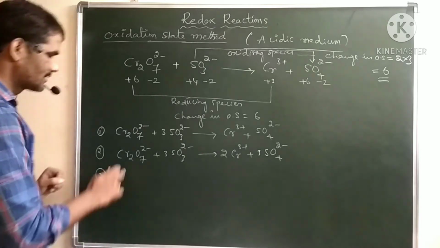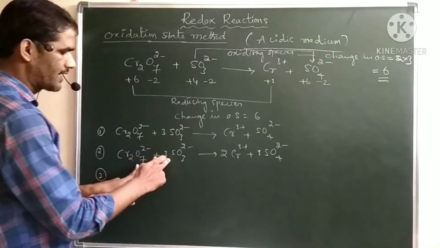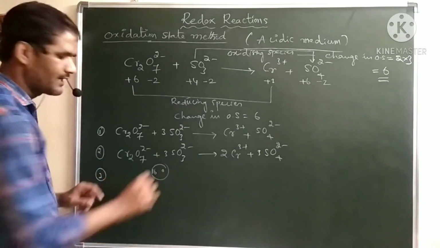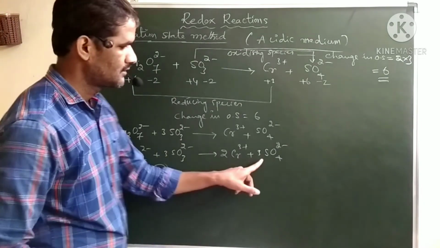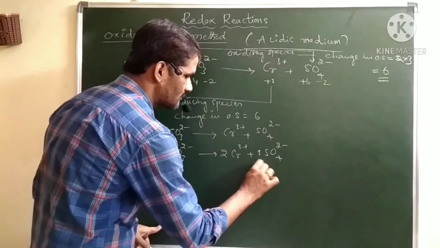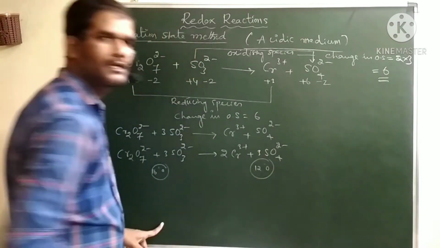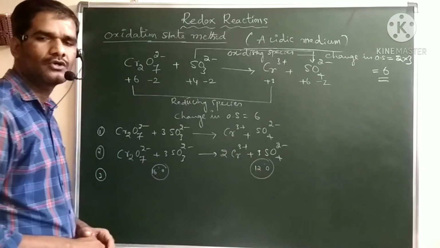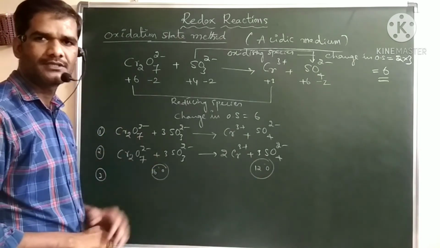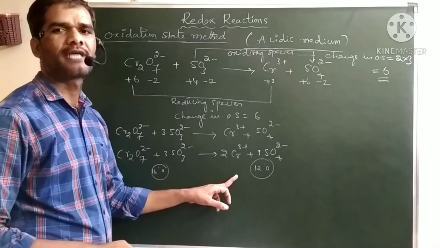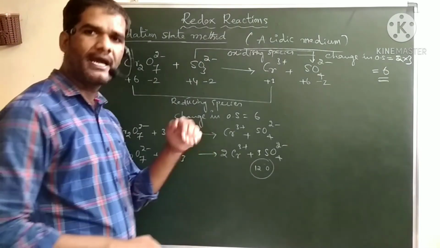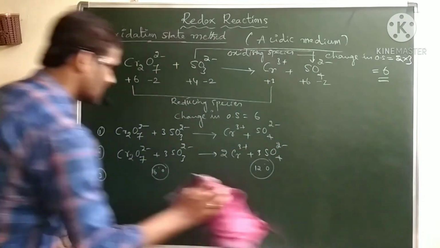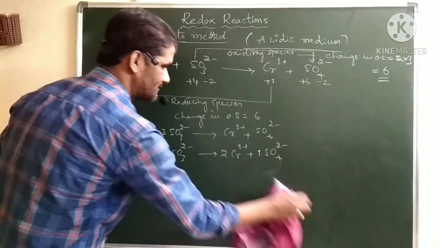Now we will calculate. So on this side 7 oxygens and 9, so total 16 oxygens are there on the reactant side, and 12 oxygens are there on the product side. So reactant side 16 and product side 12. So how much deficiency? 4 oxygens are in deficiency. Which side? Product side. So how can we balance? Now we have to add 4 water molecules on the product side. Then oxygens will be balanced.